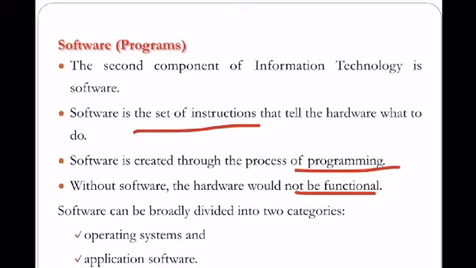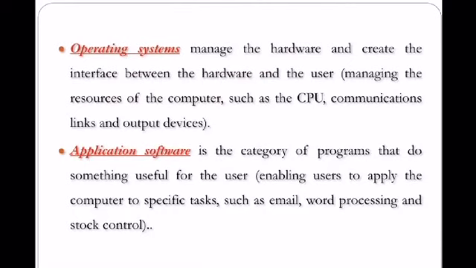And we have two types of software, operating system software and application software. Operating system manages the hardware and creates the interface between the hardware and the user. Manages the resources of the computer such as CPU, communication links and also output device. And application software is specific type of software